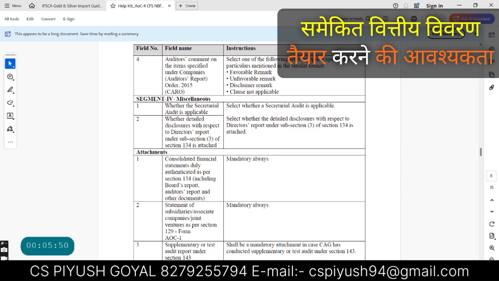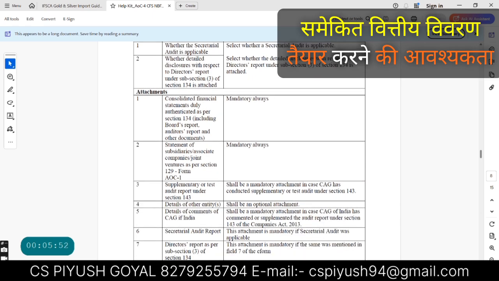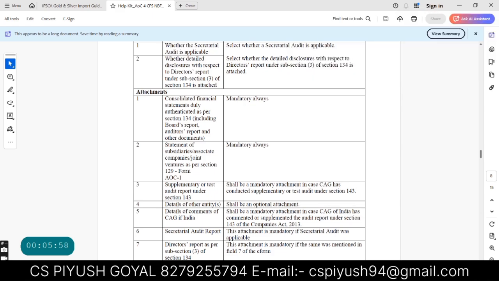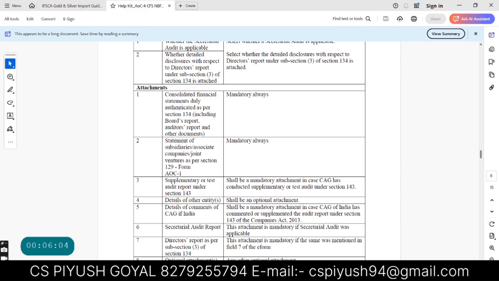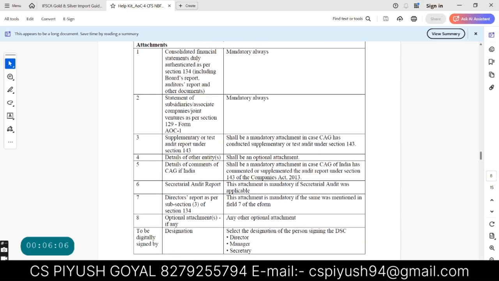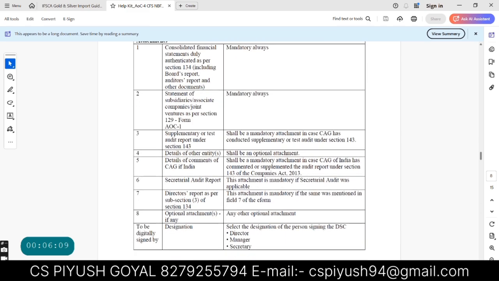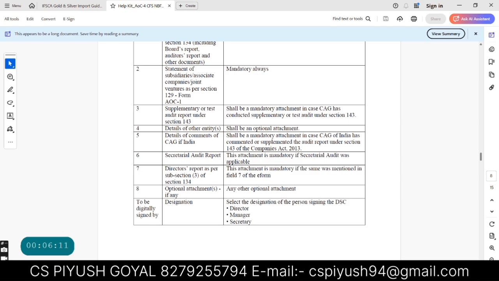Thereafter, the company will attach all the attachments, like the consolidated financial statement duly authenticated as per section 134. It is always mandatory to attach the statement of subsidiaries or associate companies. It is always mandatory to attach the supplementary or test audit report, right? It is mandatory in case the CAG has conducted a supplementary or test audit. Details of other entity, right?